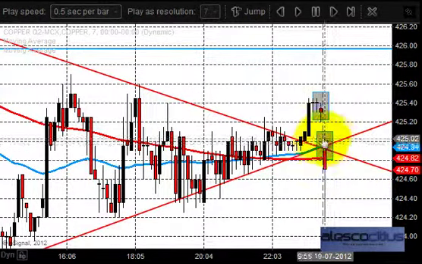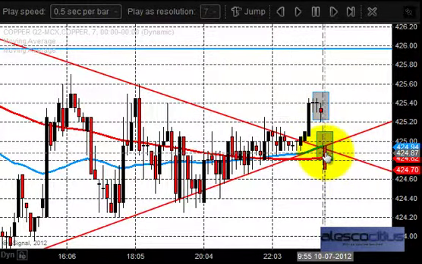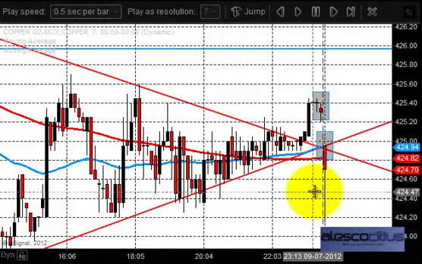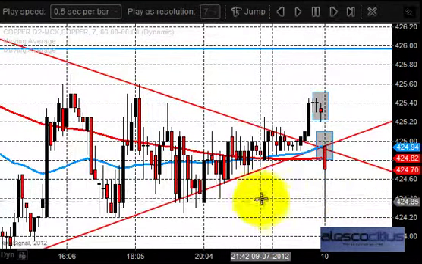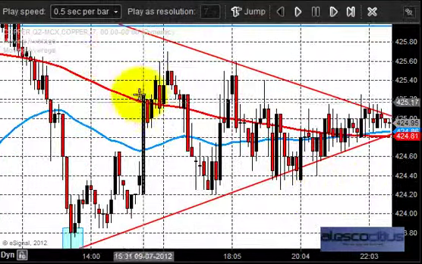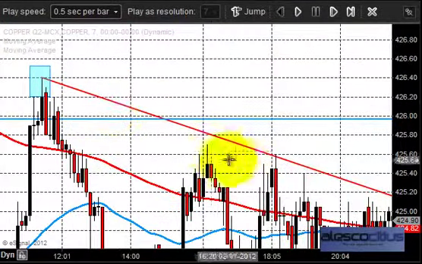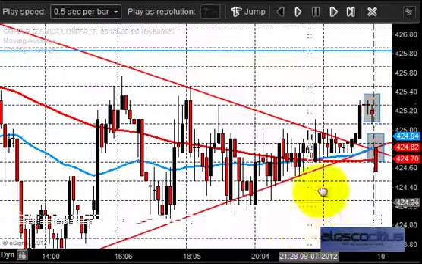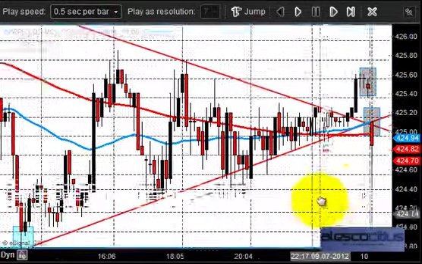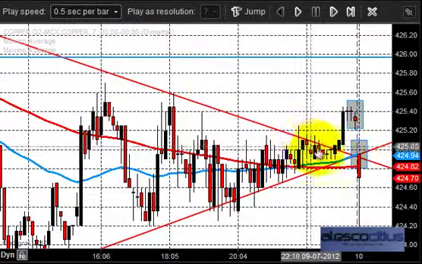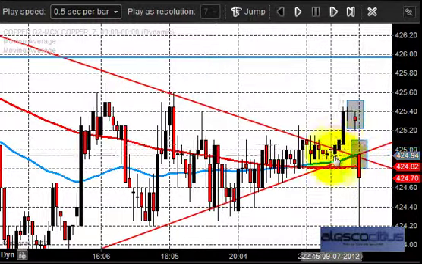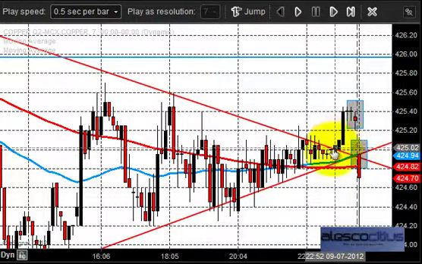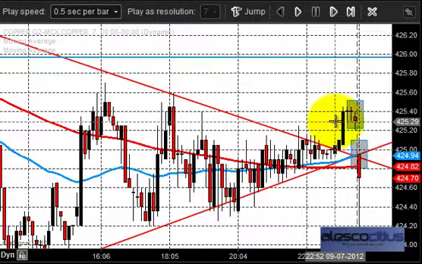That is around 425. You can see this black color box and this tiny candlestick within the black color box indicates the price opening. What we expected yesterday was, you can go back to the previous day and see, we had explained clearly it is a triangle pattern formation. If you connect all the highs, you see a triangle, and if you connect all the lows, very clearly we can witness a triangle pattern formation. But at the closing on the previous day, the market just broke this triangle upward and closed